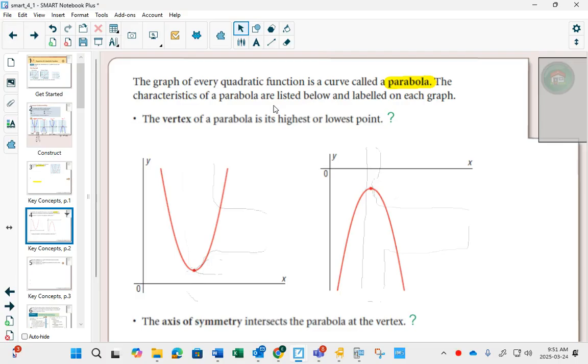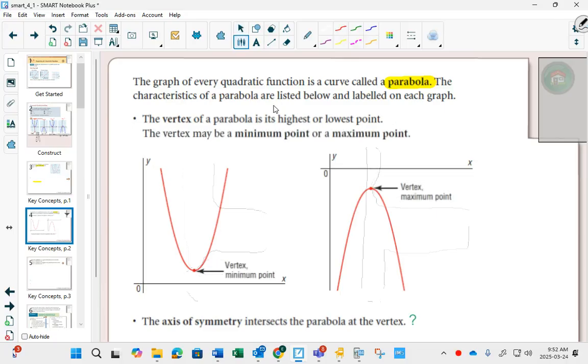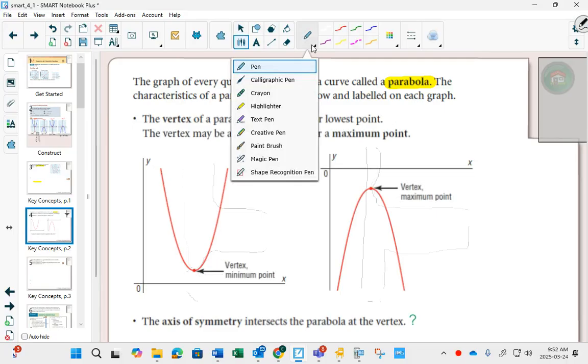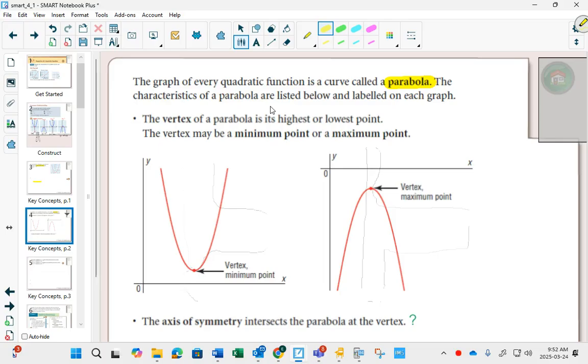And a parabola always has a highest or lowest point. That highest or lowest point is called the vertex. And that'll be considered the most important point of the parabola. We're always going to want to try to find that vertex. Because once we find that vertex, we're going to get